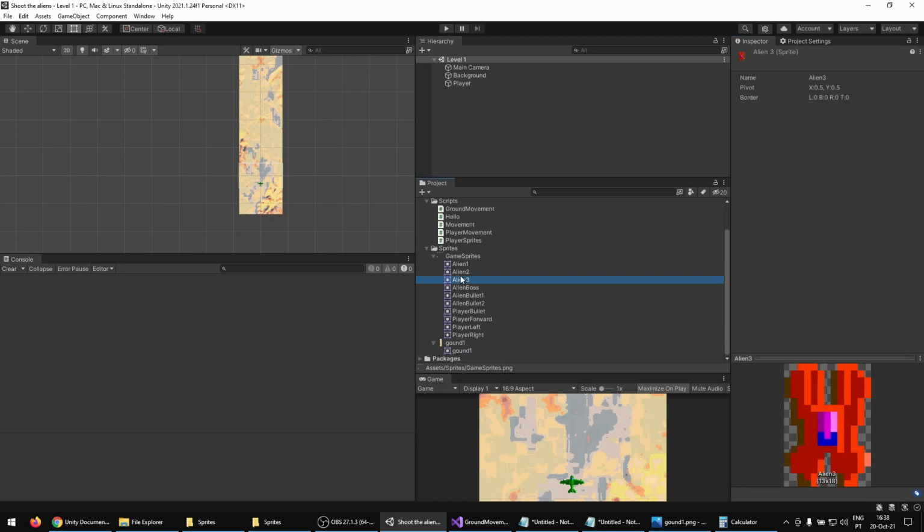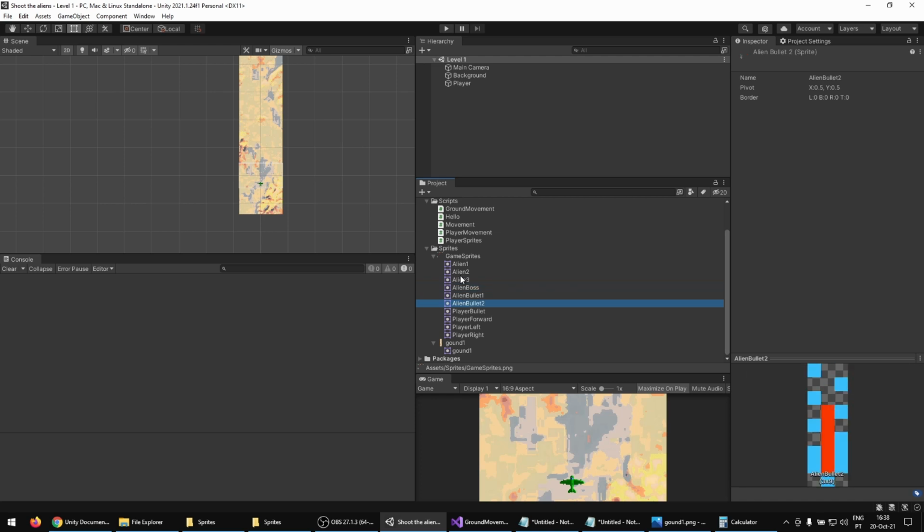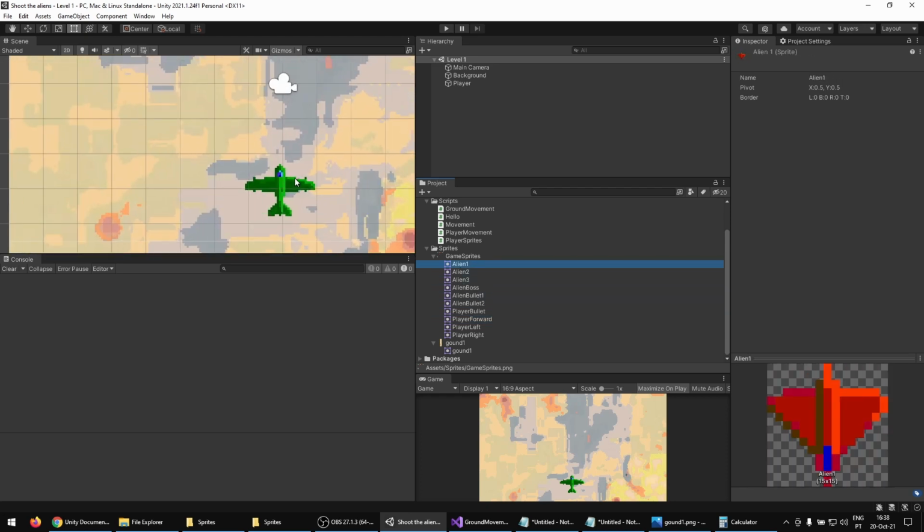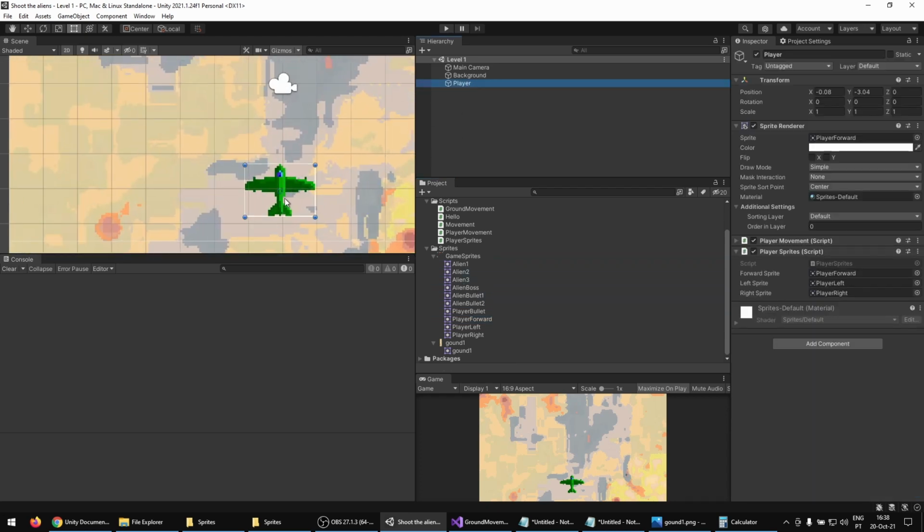Alien 1, alien 2, 3, alien boss, alien bullet. We are going to animate this. It looks like this. This is our bullet, and then these ones you already know. Here I'm using only one object, and this object has the script inside to work, and by itself it's just one object. But sometimes we need to have many objects working as a group, okay? And one way of doing that is to have a